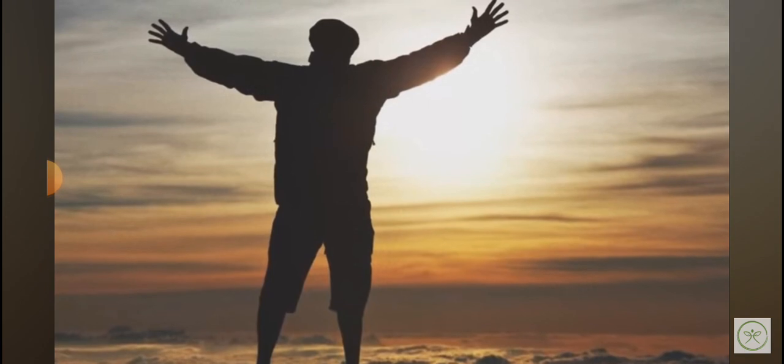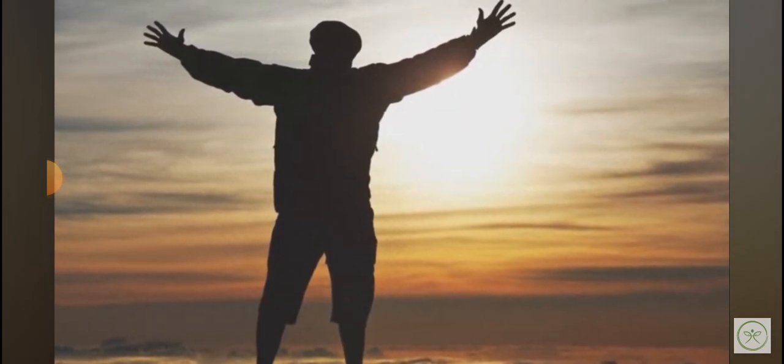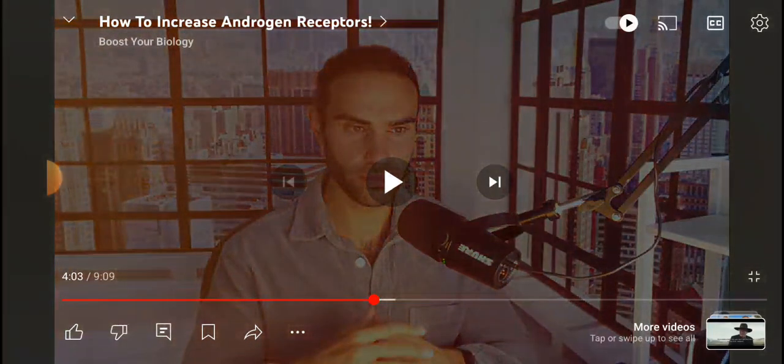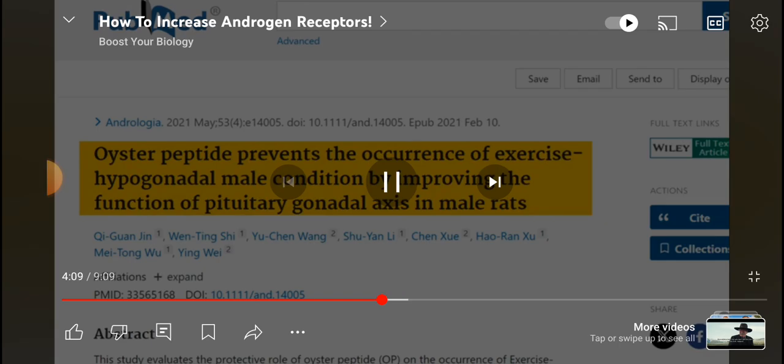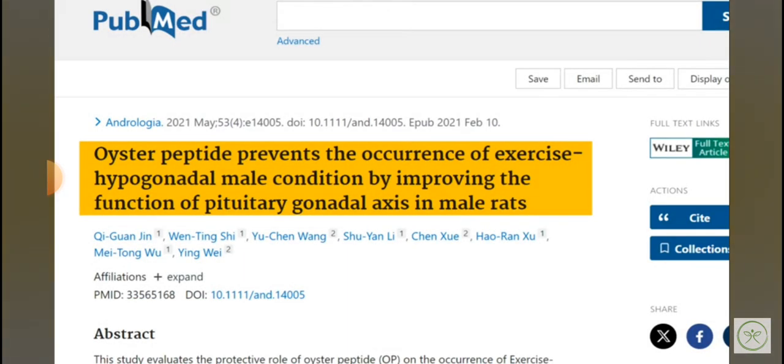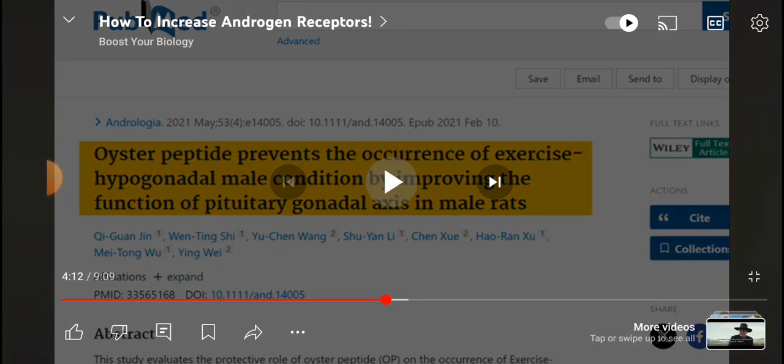Stacking wins in your life has significant effects on the expression of the androgen receptor. Now let's have a look at an incredibly potent androgenic food that you probably weren't aware of. Yeah, what is a potent androgenic food that we weren't aware of? Please tell me, because I just posted in my community section, please. So this study is titled Oyster Peptide Prevents the Occurrence of Exercise Hypogonadal Male Condition by Improving the Function of Pituitary Gonadal Axis in Male Rats. Okay, I like